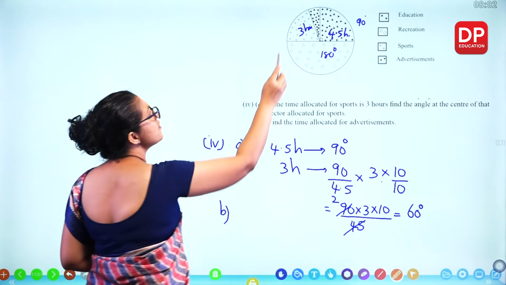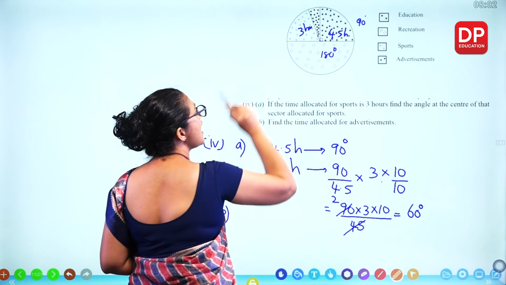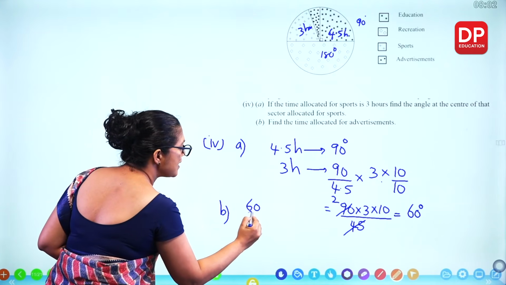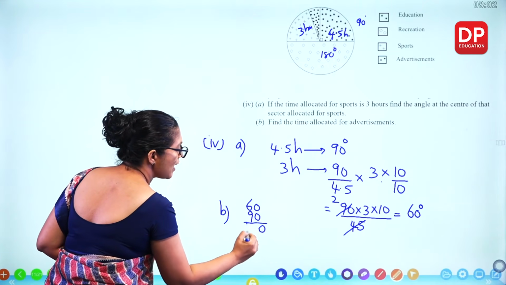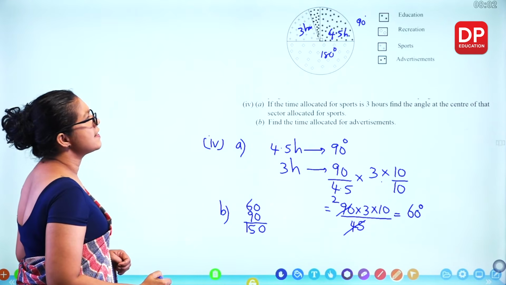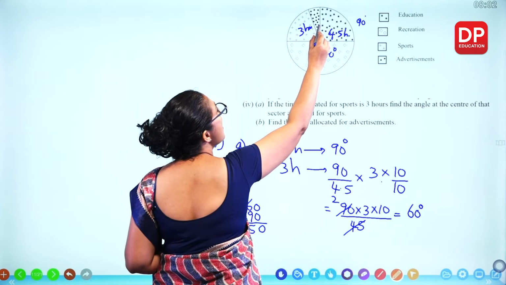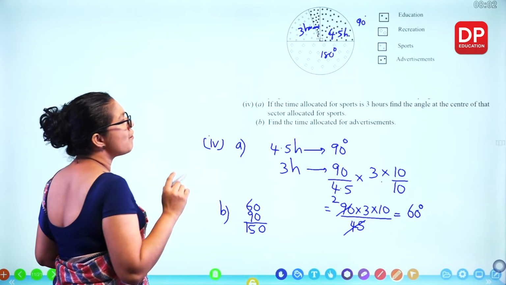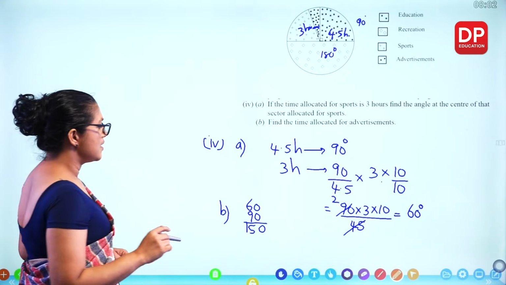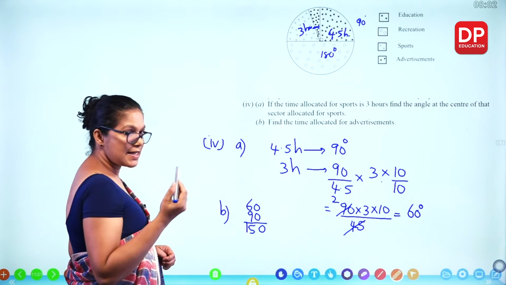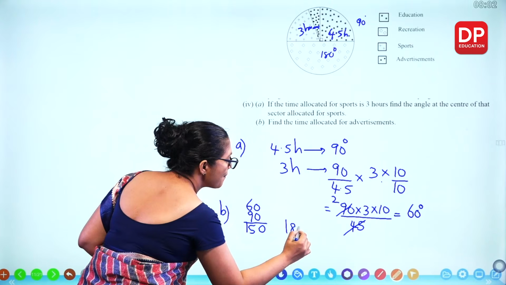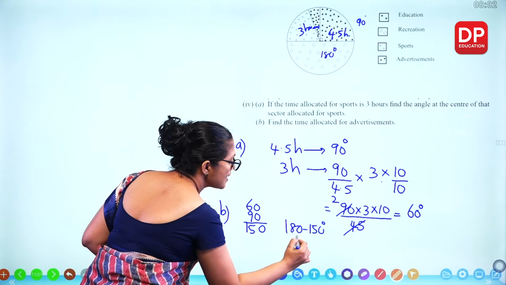So we found out this is 60 degrees, earlier 90 degrees. 60 and 90 together you get 150 degrees. So what should be the angle at the center for advertisements? So what's that? 180 minus 150. You get 30